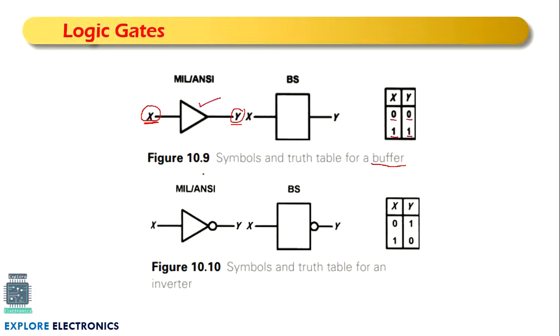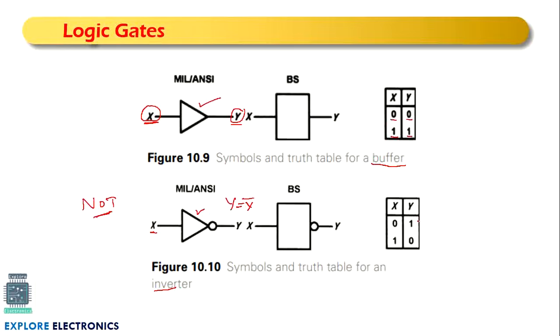And the next one is inverter. Inverter, or we say it is a NOT gate. NOT gate will also be called an inverter. As the name itself says, if the input is X, it is inverting that to the output. Means Y is equal to X bar is the output we are going to get. Here the symbol is a triangular symbol with a bubble at the output, you can see. Wherever this bubble is there, it means the inverting function. In digital electronics, we represent any symbol with a bubble for an inverted version.